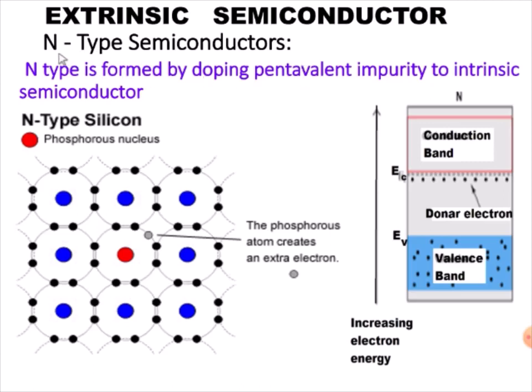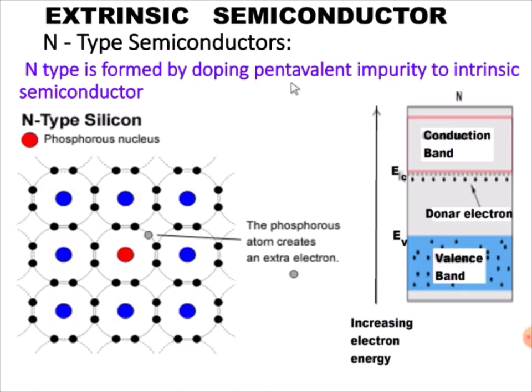Let's try to know in depth about both. An n-type semiconductor is formed by doping a pentavalent atom into the intrinsic semiconductor. Pentavalent means having 5 valence electrons, or valency 5. So this pentavalent atom may be, for example,